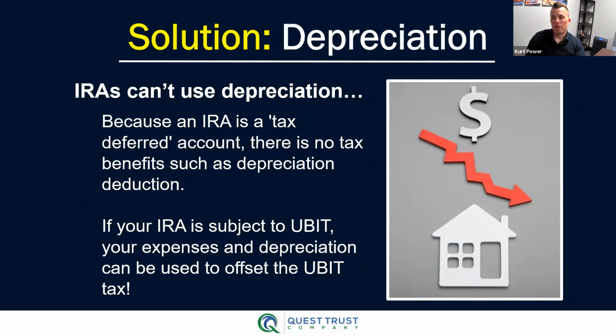That's pretty powerful. If you have a competent CPA who understands not only UBIT, but knows the difference between UBIT and UDFI, understands real estate investments, and takes it one step further, understands IRA real estate investments, that CPA can be invaluable. This is why we encourage our clients and non-clients doing real estate investments to do due diligence and make sure they've got a team in place of a lawyer, tax advisor, CPA, et cetera. Because if you own debt-leveraged property, you get to use that depreciation and those expenses to offset that taxable liability.